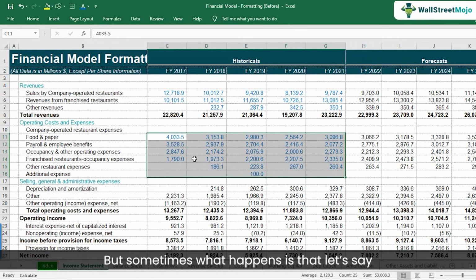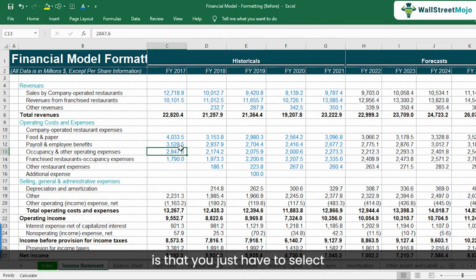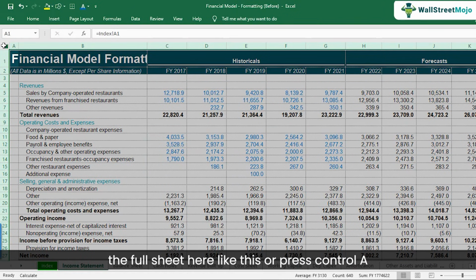But sometimes what happens is that, let's say you forgot doing this color coding at the start of creating the financial model, and you have created a very complex model, and then you're trying to identify which one of them are constants and which one of them are formulas, right, or forecasts. So it will become very difficult for you. So here there is this easy approach where we can easily identify all the constants that are used in the financial model. And the way we do it is that you just have to select the full sheet here like this,